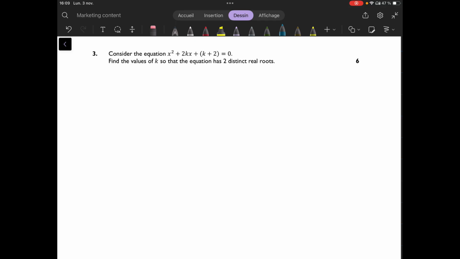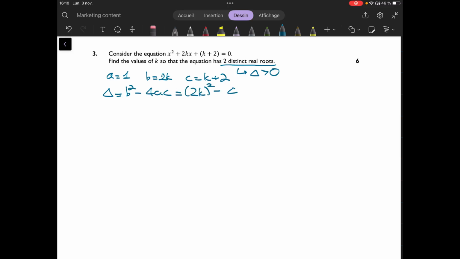Question 3. This is a classic discriminant question. You're asked to find the values of k so that the equation has two distinct real roots. Two distinct real roots means that the discriminant has to be strictly positive. So first we need to identify the coefficients a, b, and c. A is equal to 1, b is 2k, and c is k plus 2. Delta is b squared minus 4ac, which is 2k squared minus 4 times 1 times k plus 2. And you will get